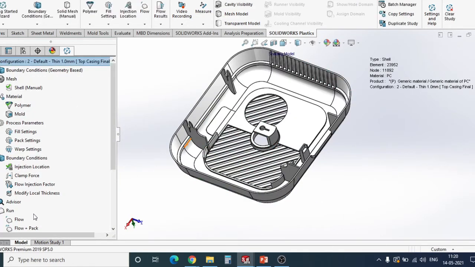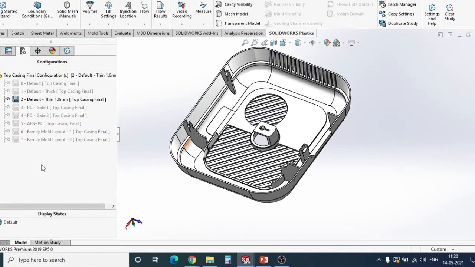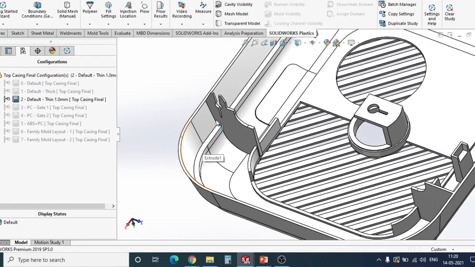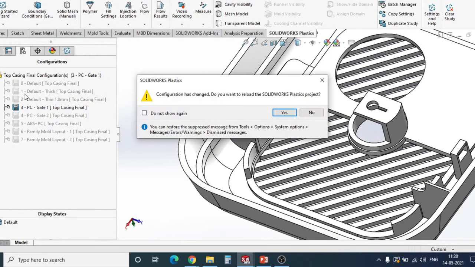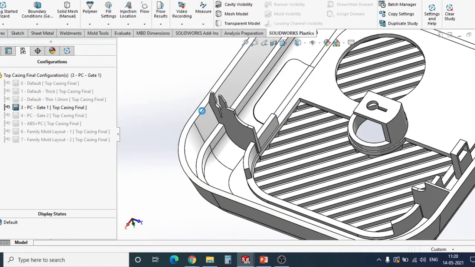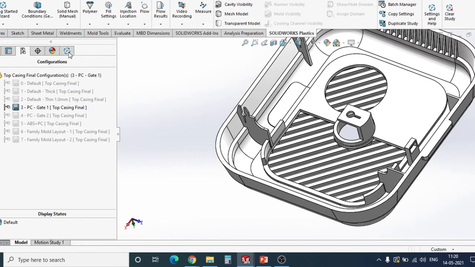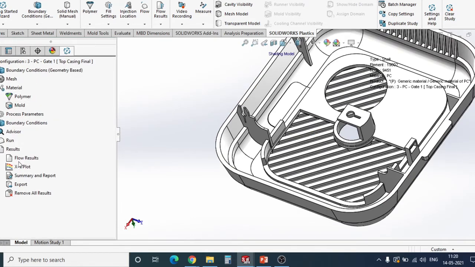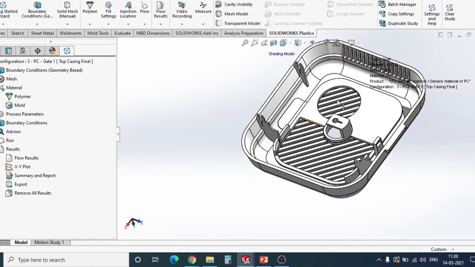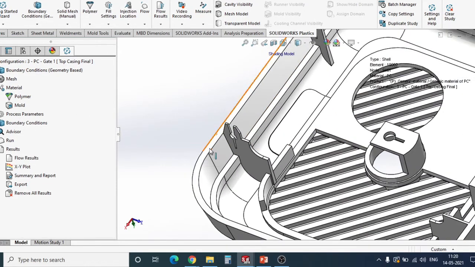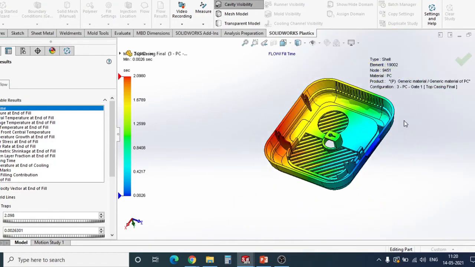So, not an issue. You can go back to your modeling, correct. You can change a few settings, like for example, if I change the thickness of this part. I have just created a configuration and increased the thickness, right? You can copy all your plastics settings that you have given here to any configuration. No need to define it from scratch. I have just changed the thickness of my model, keeping all the plastics properties as they are.